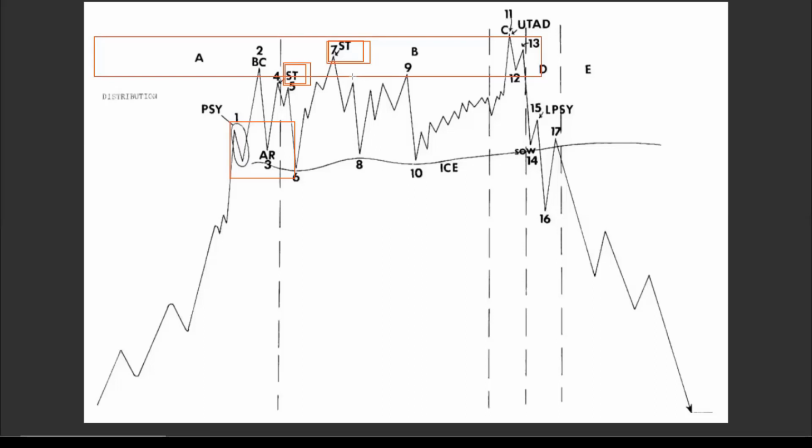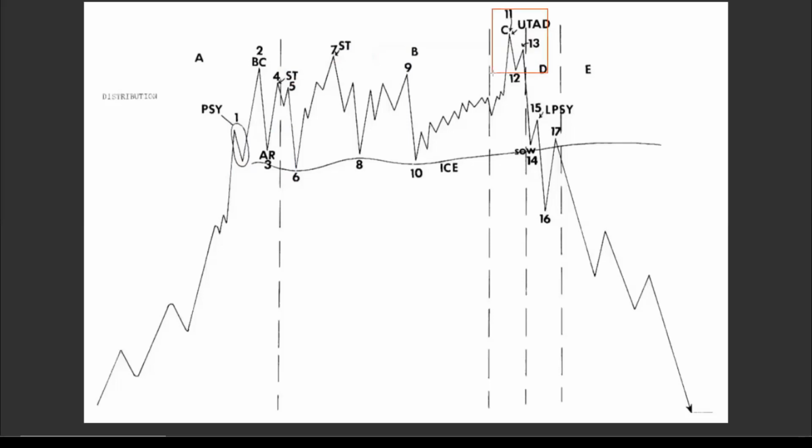But what you're really looking for is the boundary of that range to start getting consumed, for price to push all the way to the edge of this level. Okay, that's your flag limit, and even to engulf it. And after having consumed the liquidity in there or engulfed that flag limit, to fail to move higher. In this example, price does push above the highs here, and they'd call that an upper test after distribution, or UTAD, but